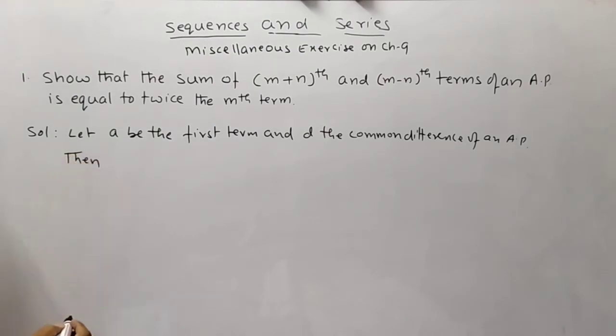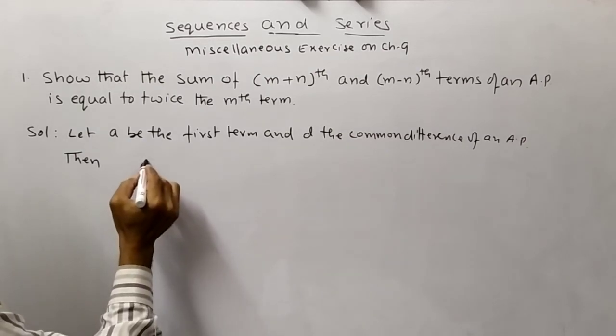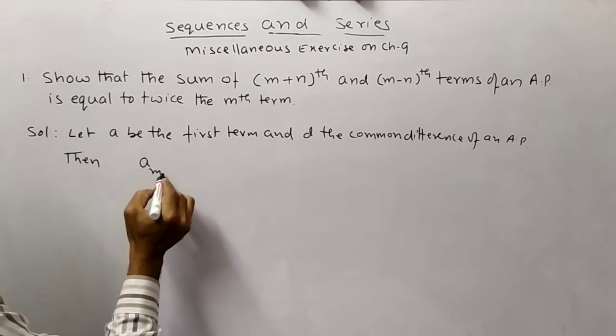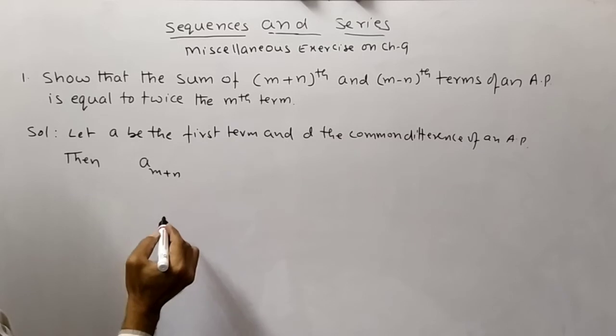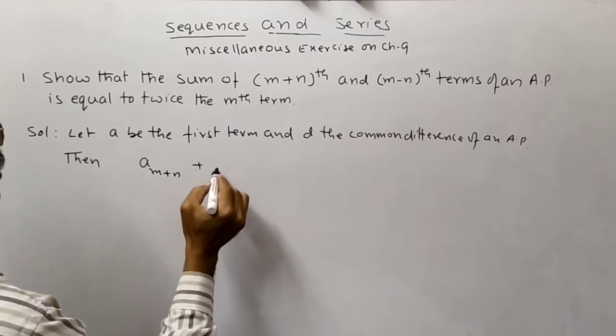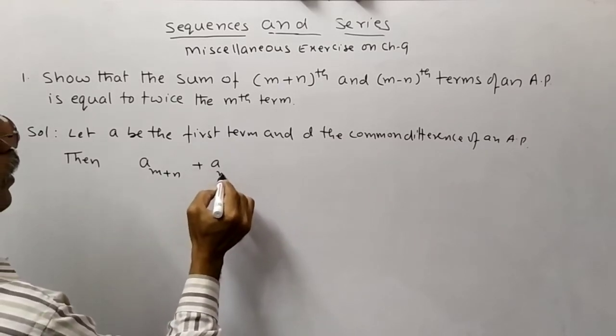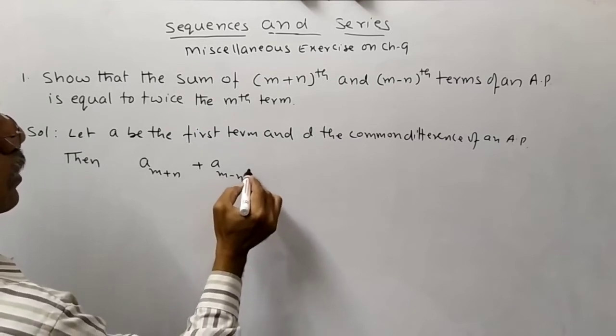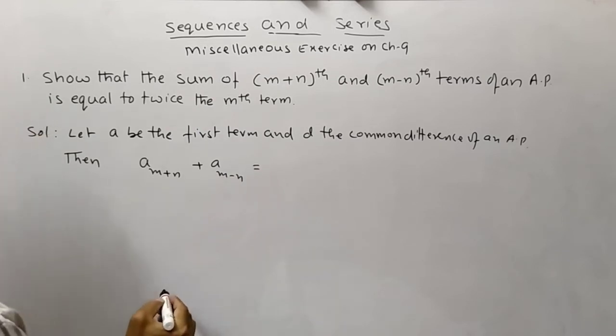Then A m plus n plus A m minus n is equal to